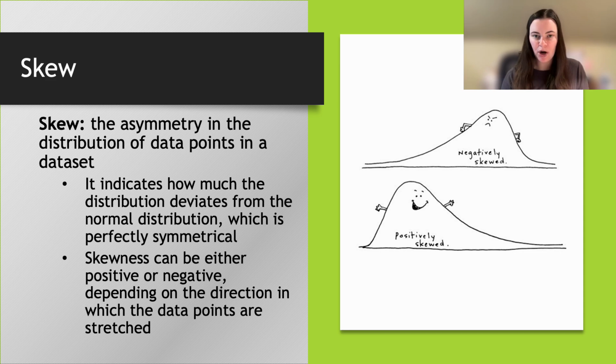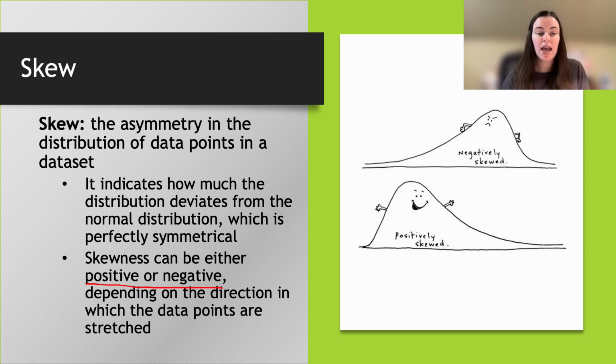I want to wrap up our conversation about measures of central tendency with this idea of skew. Skew is the asymmetry in a distribution of data points within the data set itself. It indicates how much the distribution deviates from the normal distribution, which is a concept we'll get into further detail in Chapter 5. Skewness can be either positive or negative, and we'll get into an example of this on the